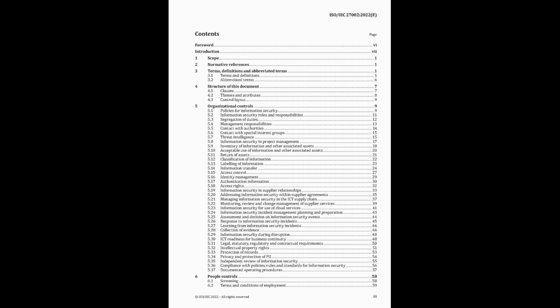Okay, 5.12, classification of information, deciding how sensitive different data is. Yes. Classifying information based on its security needs: confidentiality, integrity, availability requirements, and any obligations to third parties. Why classify? So you know how much protection it needs. Precisely. You identify and understand its importance and the level of protection required. Not all data is equal. And the classification level might depend on the potential impact if it was compromised.